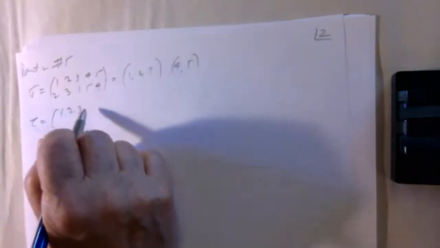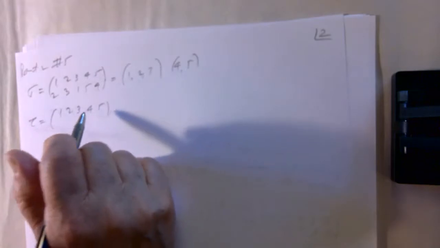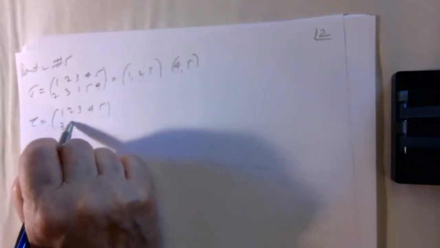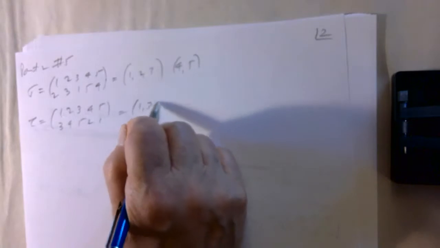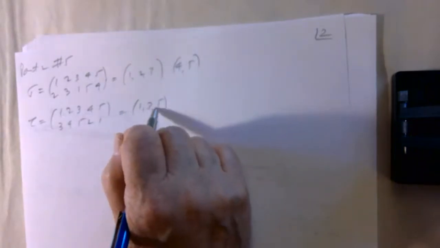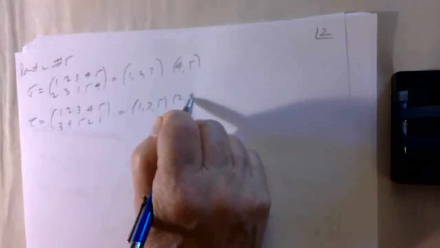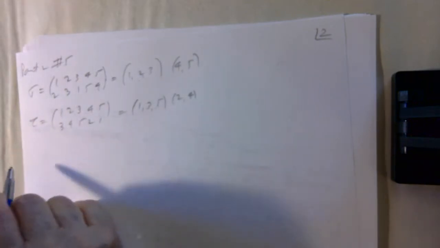And tau is 3, 4, 5, 2, 1. So 1 goes to 3, goes to 5, goes back to 1, and 2 goes to 4, and 4 goes to 2. So sigma and tau are both products of a 3-cycle and a 2-cycle. So that's part A. Part B,